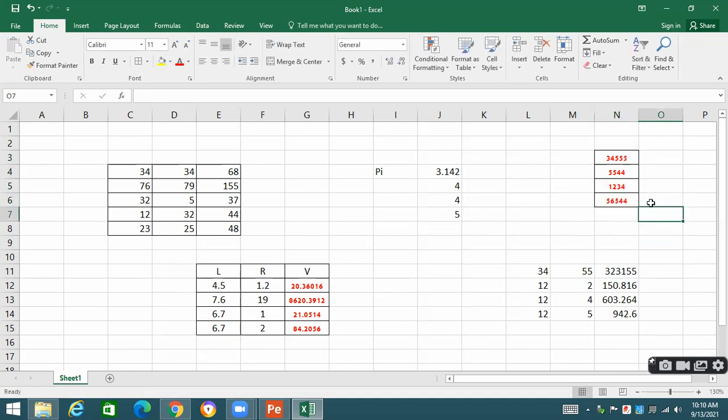In this paste special, what I've pasted over there, I just pasted the format. Are you getting this point? Students, will you please give me feedback? Will you give me feedback about it?